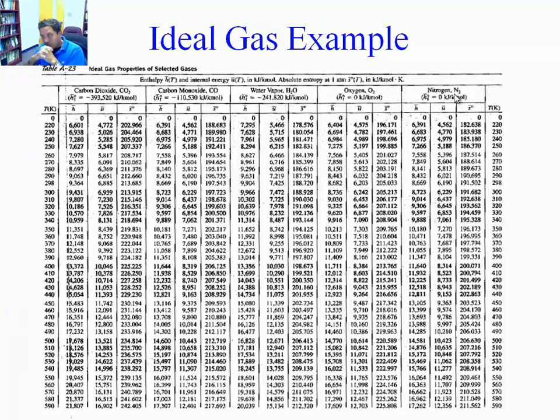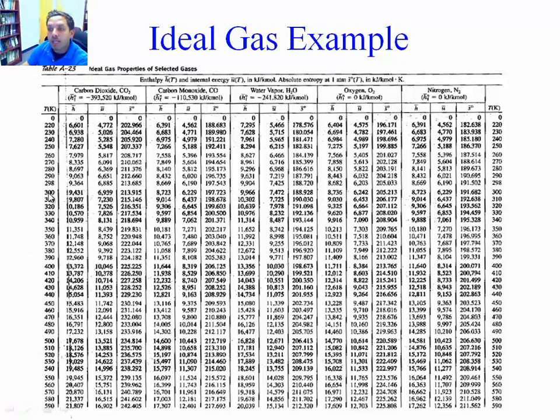But more importantly, what you see on this table is that you don't get u or h. You get u bar and h bar. Look at the units. The units are in kilojoules per kilomole instead of kilojoules per kilogram. Okay? So we have to be careful with that because we have to divide these values by the molecular weight of the specific gas in order to get kilojoules per kilogram. For some reason, table A23 is the only table in the entire book that is expressed in terms of kilomoles instead of in terms of kilograms. So this is what we're going to do.